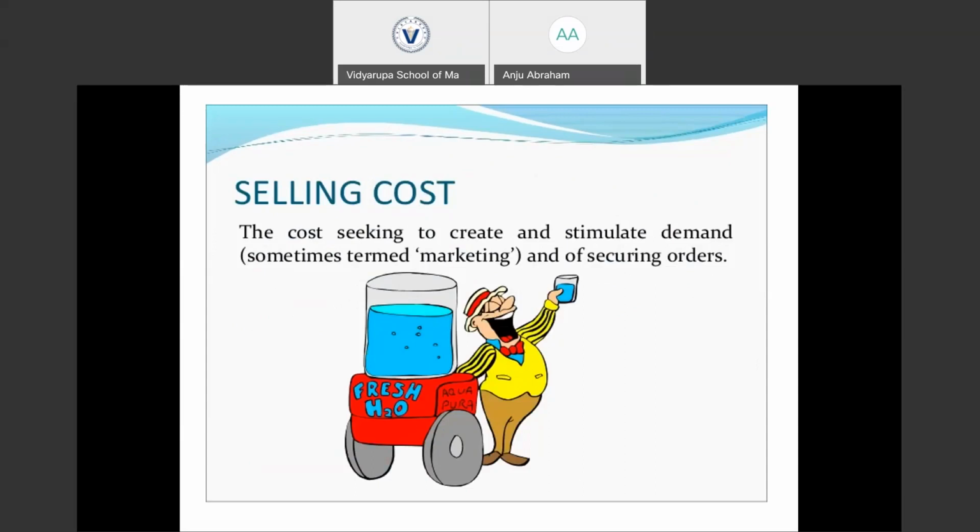We need to get orders from the customers, we need to create demand for the product, and we need to bring this product into the hands of the final consumers. All those activities incurred in the process of marketing the product are included in the selling cost, all those activities included in promoting the products and bringing the product into the hands of the final consumers.